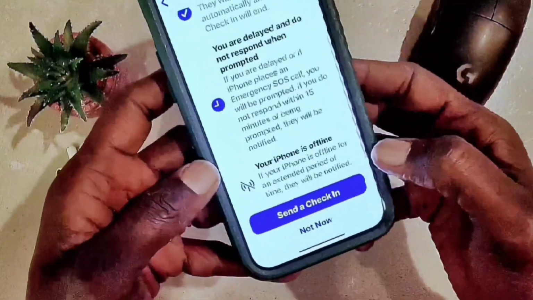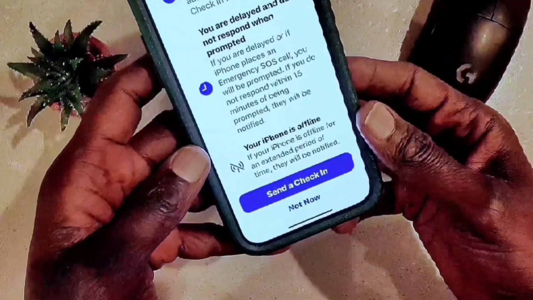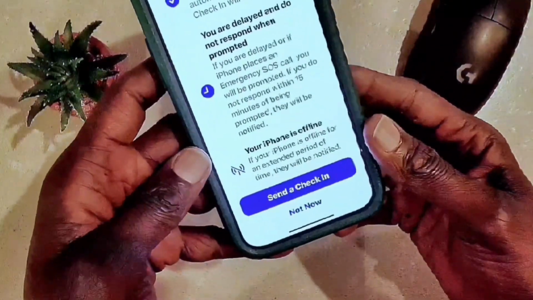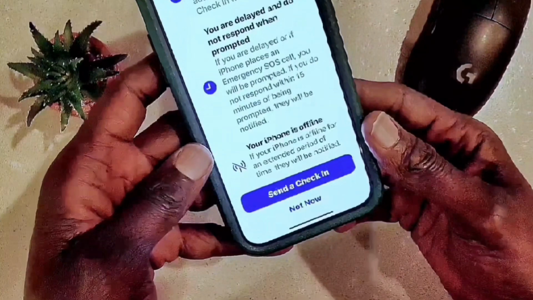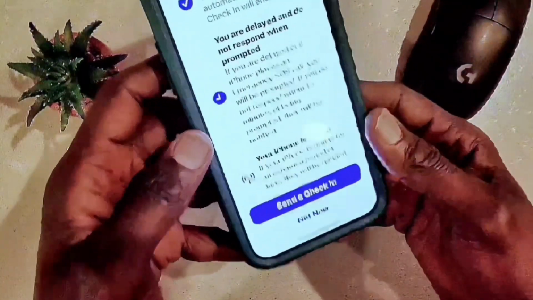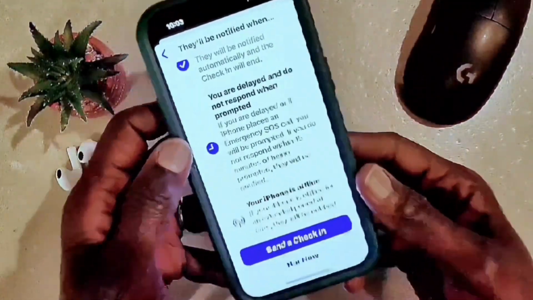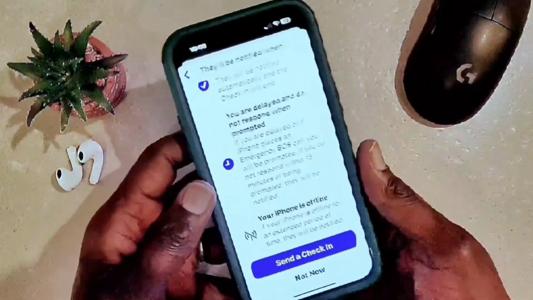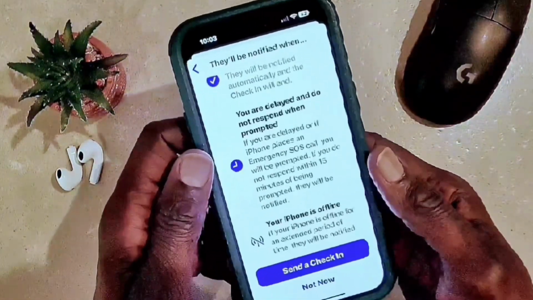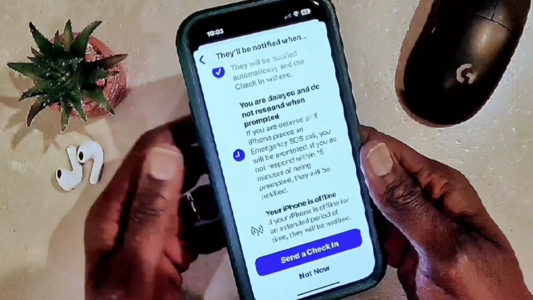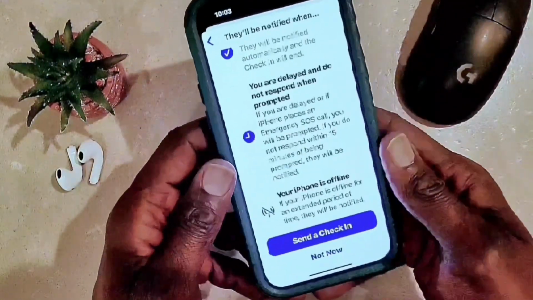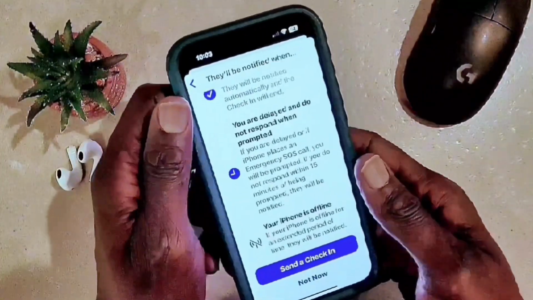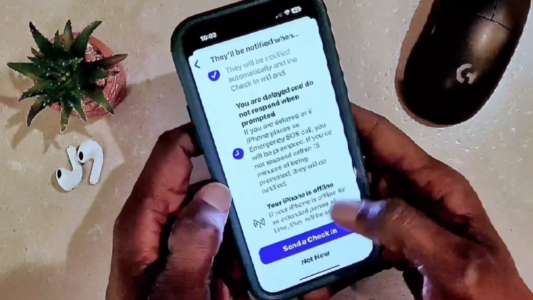All right. And right here it says if iPhone is offline. If your iPhone is offline for an extended period of time, they will notify your friends as well. So this is great for safety. So friends and family, you're traveling somewhere, especially in some areas that are very dangerous, you can use this safety feature, which is Check In. You share your location with your friends, and your friend will get notified when you arrive